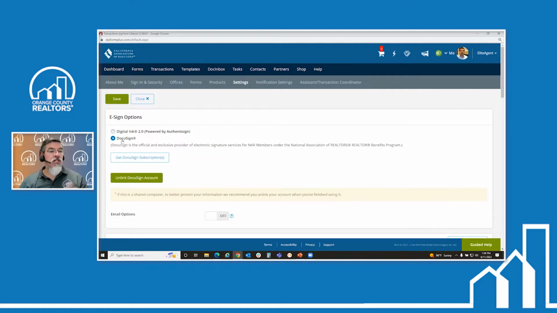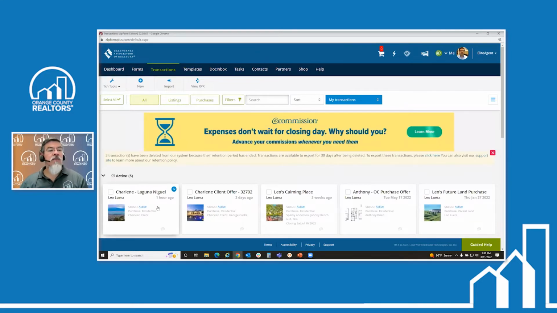But for those who want DocuSign, you would click the DocuSign to link it up and log in with your user ID and password that you created from DocuSign, and that way you can take advantage of this paid service. And once again, it's $240 a year, comparable to the Digital Ink 2.0. So I'm going to save my option of DocuSign, and we're going to practice using DocuSign for this transaction. So I click Transactions, and I'm going to go back into Charlene, look at Nigel,